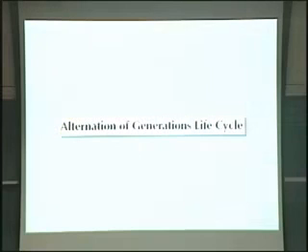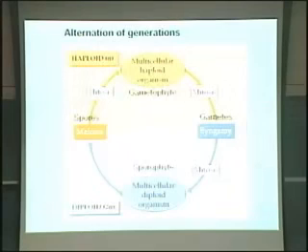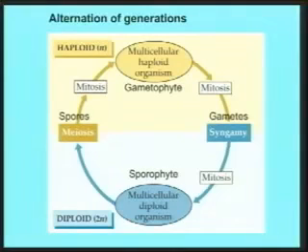So that Ulva that we just looked at is a really great example to familiarize you with the alternation of generations, this life cycle that's very different from ours, and it's very different from the fungal life cycles as well. This is called an alternation of generations, as mentioned briefly before, because we actually have two multicellular phases, one in the diploid stage and one in the haploid stage. So blue here represents diploid, and yellowish is haploid. And just like in all sexual life cycles, we have meiosis and fertilization, one after the other, round and around through different generations. But in alternation of generations, we have mitosis occurring in both the haploid stage and in the